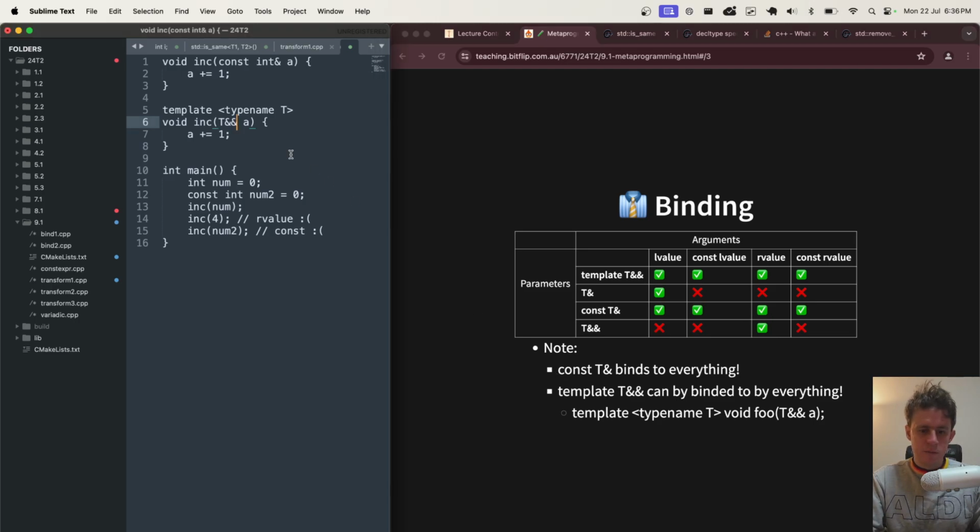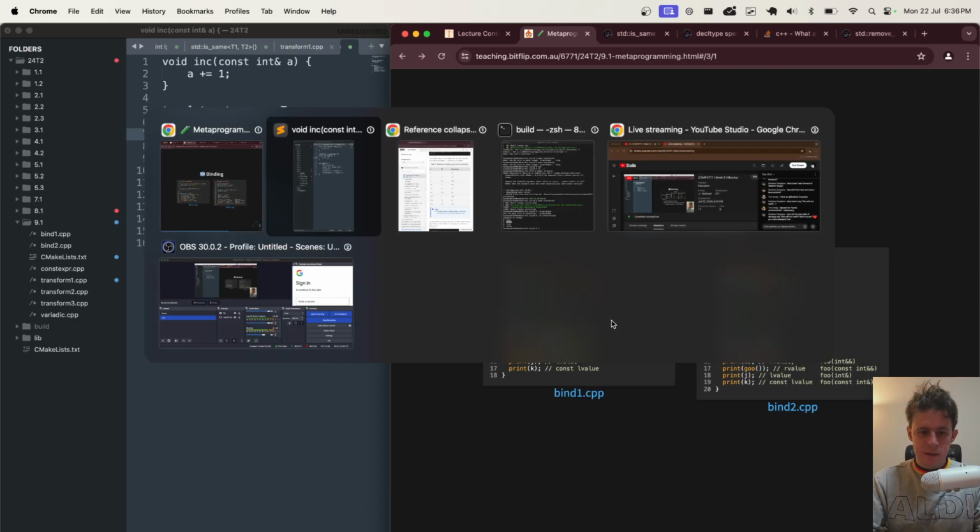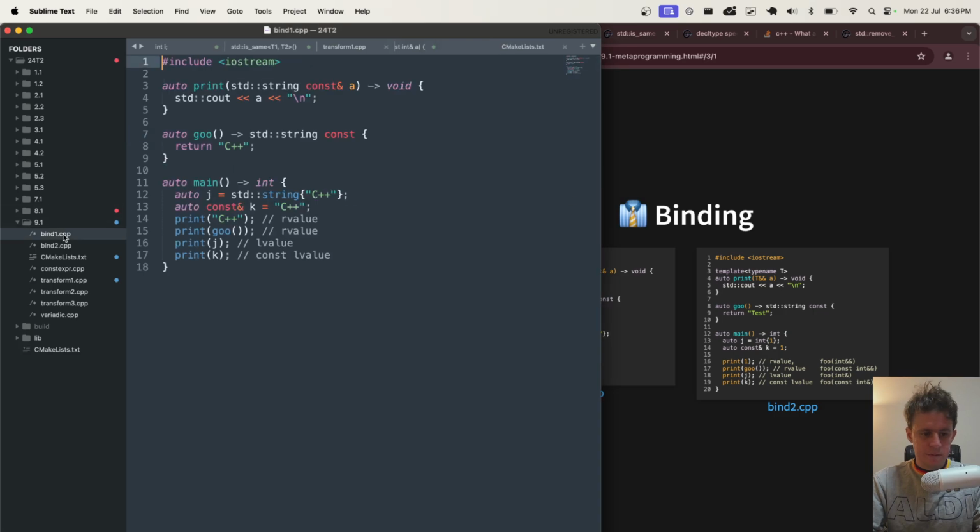It's more something that we wanted to give some background to and say, hey, this is really important, because once you start dealing with templated types, if you want to bind to everything, you need to be doing that essentially. We can see this with a couple of code examples. Let's pull some of these up.